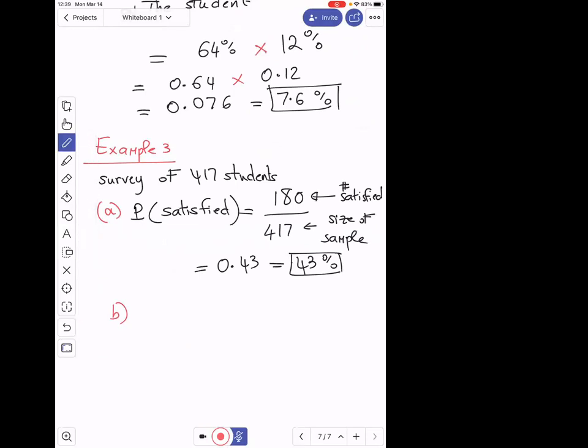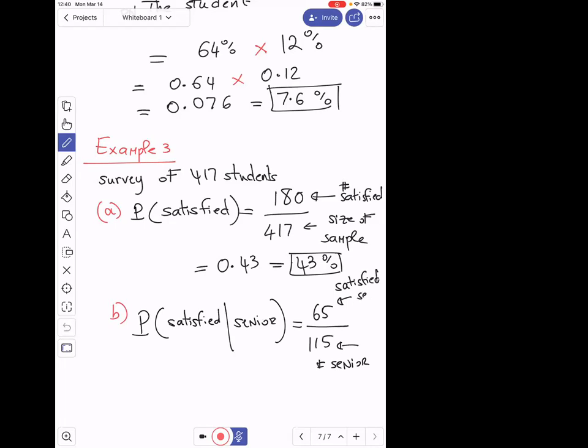In B, it says satisfied given that the student is a senior. So we know for a fact that the student is a senior, so the size of the sample is given by the senior students. We count all the seniors, which is 115. And satisfied seniors is 65. So 65 on top is the number of satisfied senior students, and on the bottom is the number of senior students. So that's 65 over 115, which will be equal to